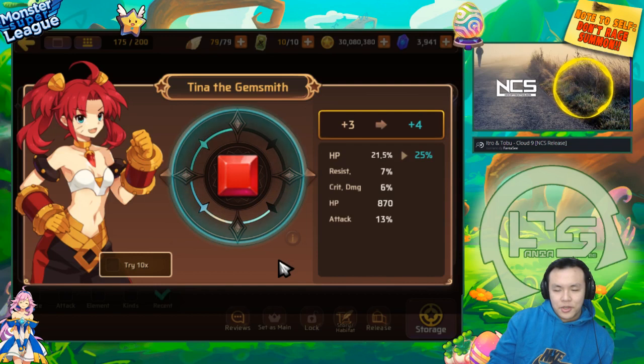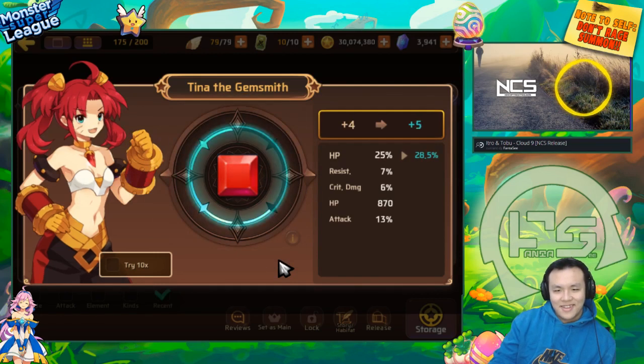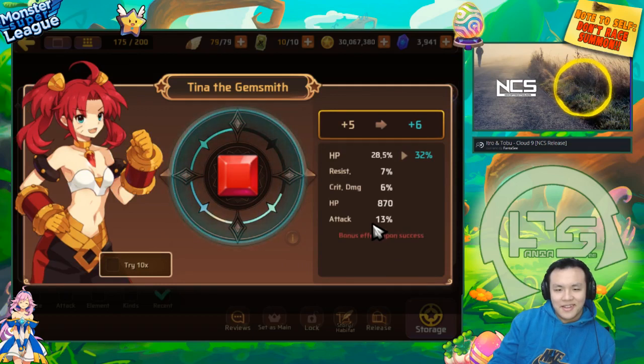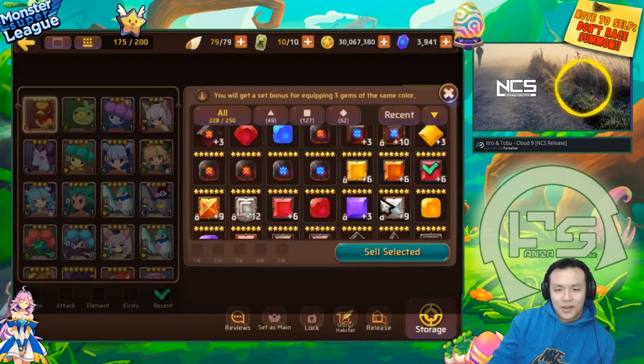I feel like this gem's going to shit. The +6 goes into attack again. I'm selling it. Alright, that's it. I called it. What the...